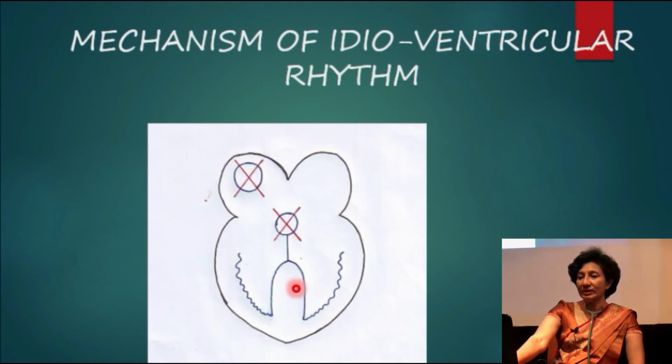Now in idioventricular rhythm, there is an escape focus in the ventricle. It depolarizes the ventricle in an abnormal manner. Therefore, QRS complexes are broad and the ventricular rate is slow. In 20% of population, this AV node can conduct those electrical impulses in retrograde manner, and those impulses can depolarize the atria from bottom to the top. Therefore, in slow ventricular rhythms also, you may see retrograde P waves, but the QRS complexes are broad.